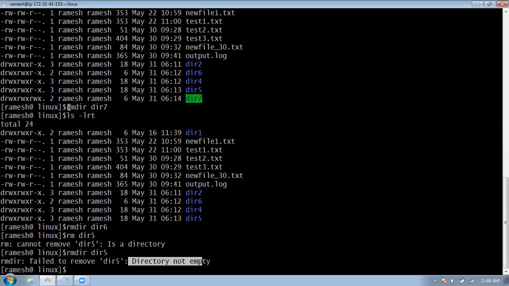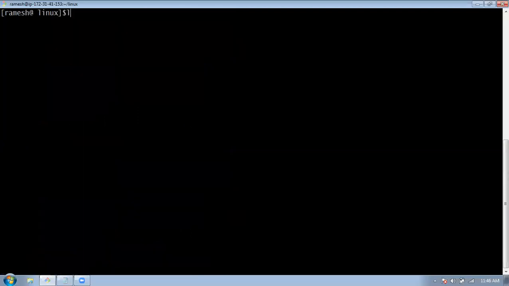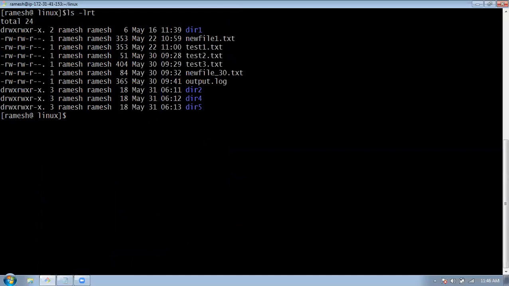So rmdir can remove a directory only when it is empty. That means if it has no files inside, it can delete. When you have files inside, it is unable to remove using rmdir. So we have to use another command called rm in such cases.